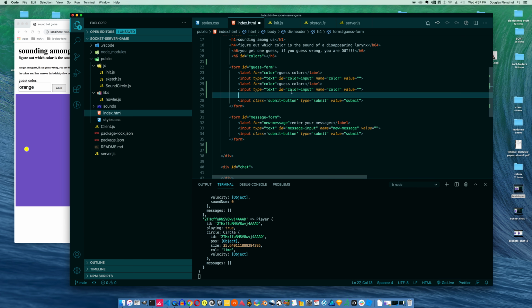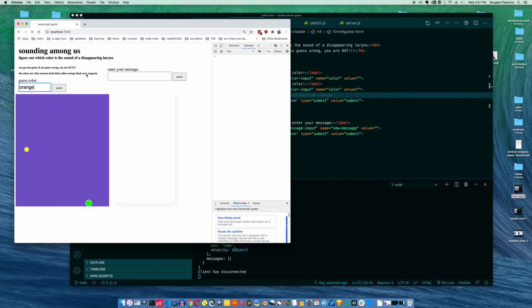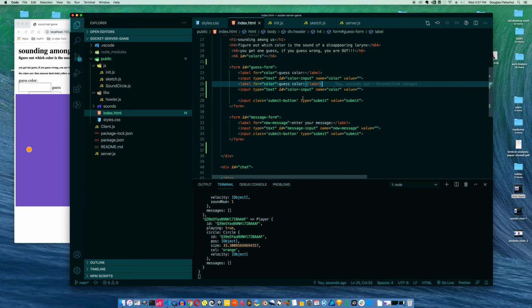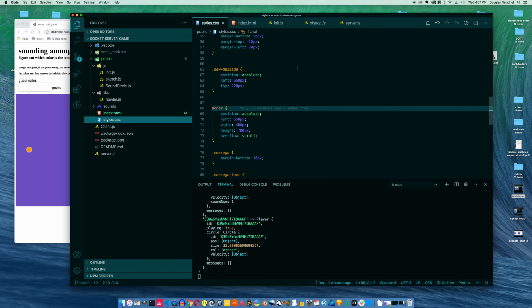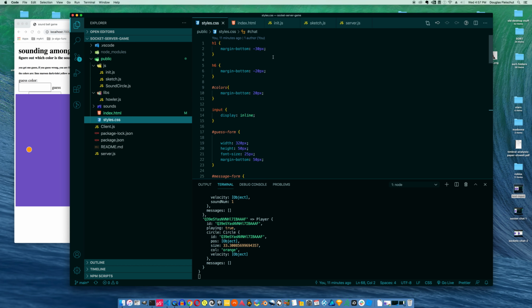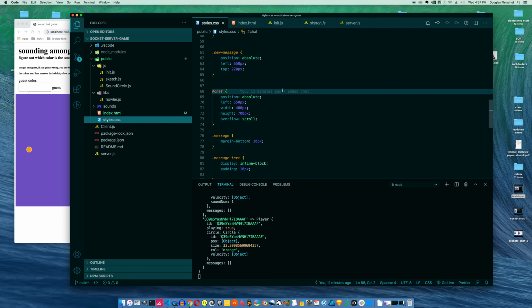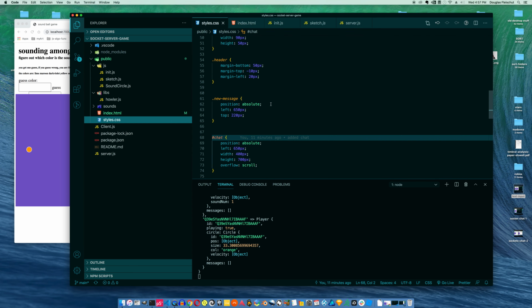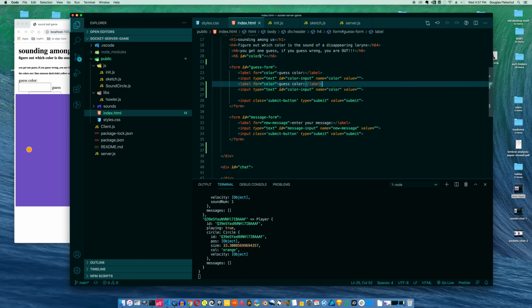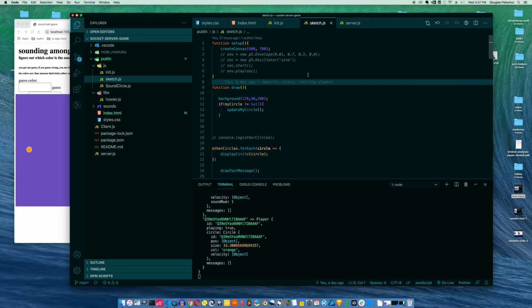So for instance, I can add some inputs to this one, and if I refresh the browser, it shows up, and you can't see it because it's underneath the canvas. I have to move the canvas down, which we can do by making the header a little bit bigger. But I think instead, I'll just not initialize the canvas for now. Let's turn this canvas off